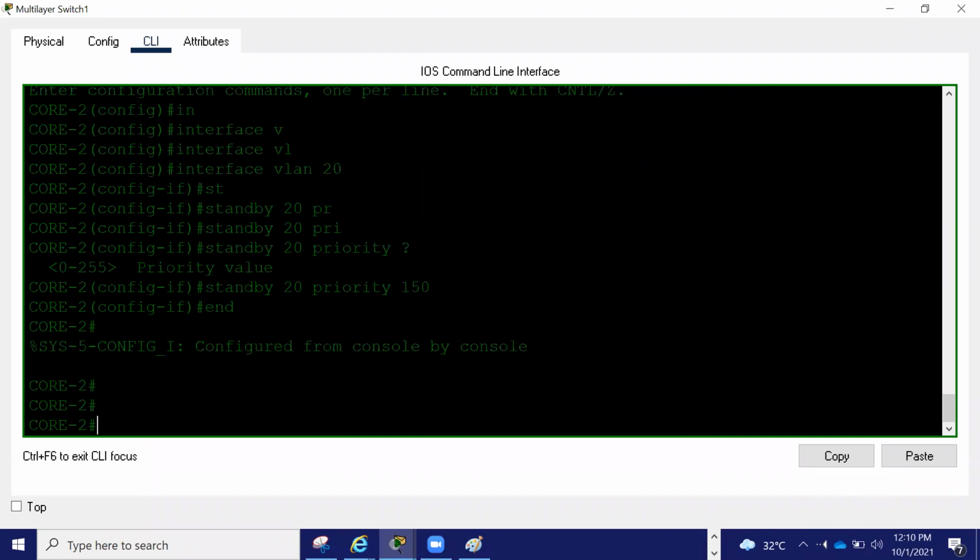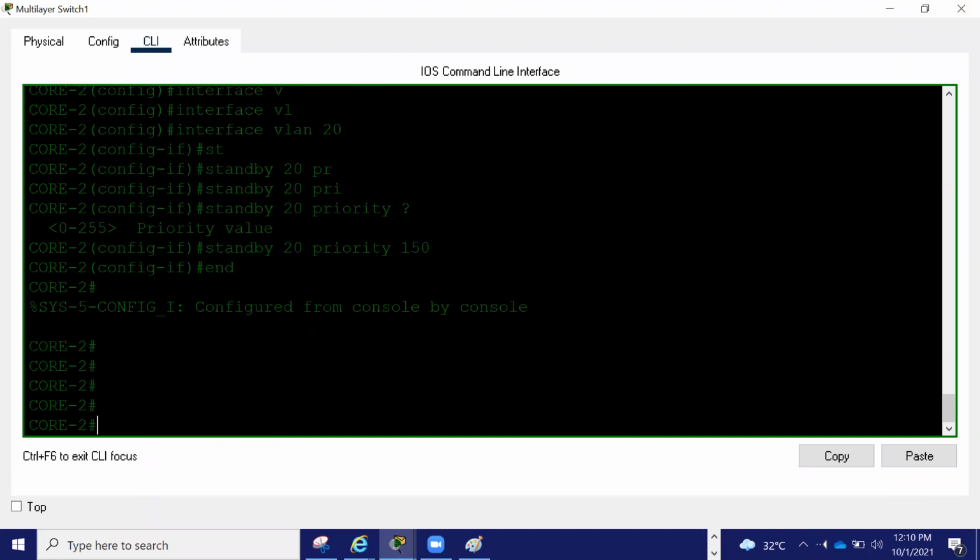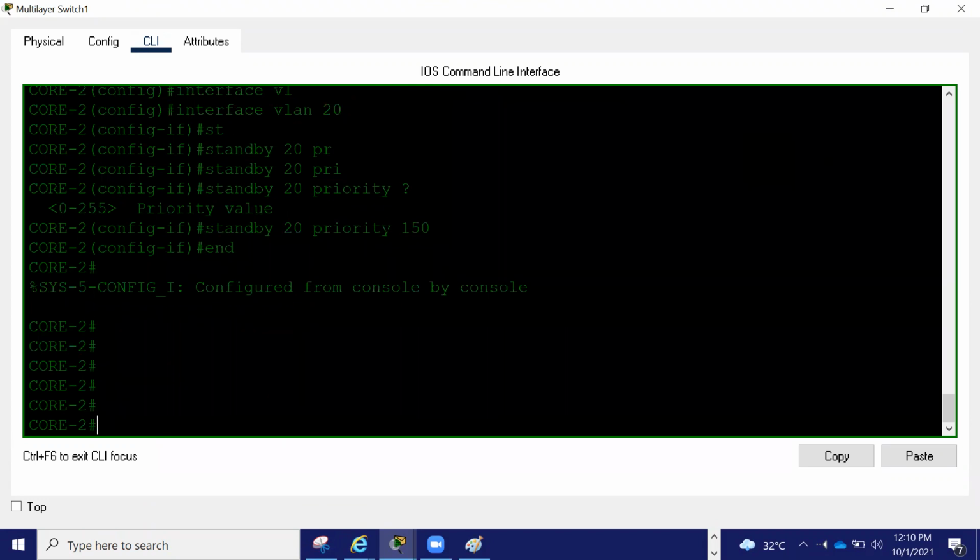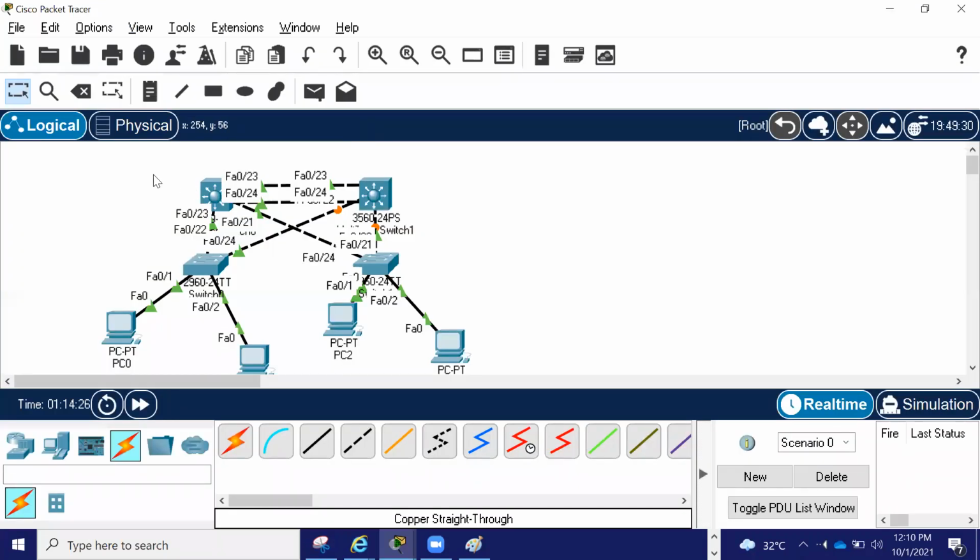For VLAN 20, core 2 is active now. Why? Because by default priority is 100. So now for VLAN 20, core 2 has become active, and in core 1 you can give priority 150 for VLAN 10. So like this you can do load balancing on the VLAN level also.